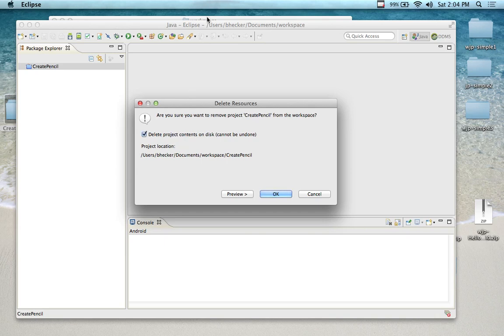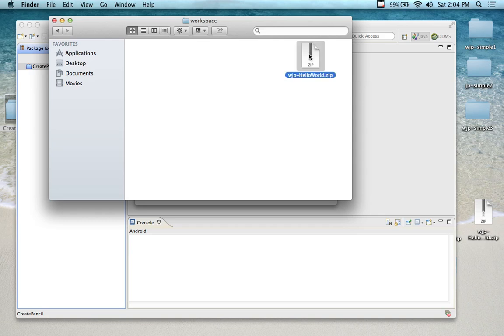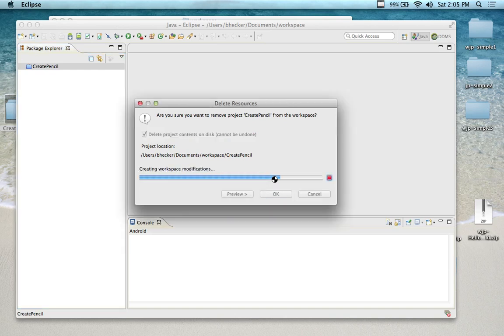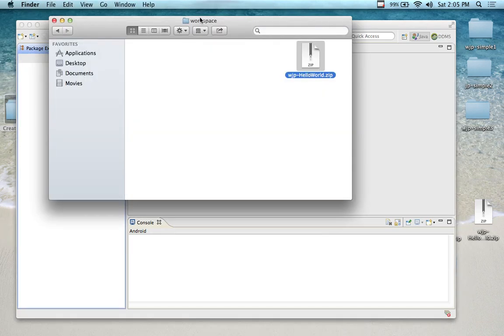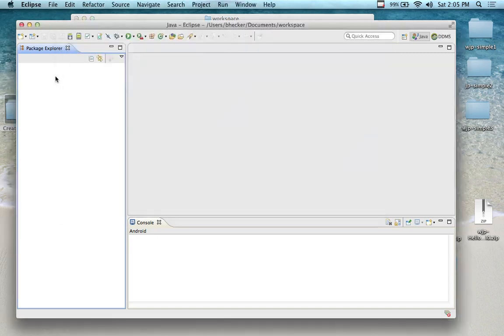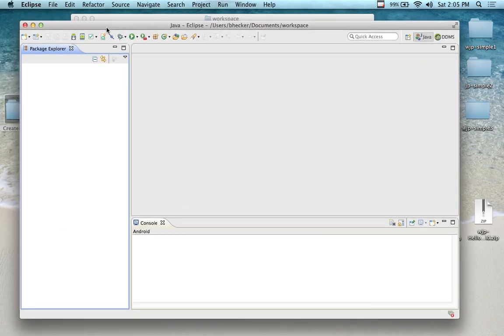I moved it out. Workspace is empty. It's just got this random zip file that I put in here for some reason. Probably from some other program. But anyway, long story short, if I press delete project contents on the disk, it cannot be undone. If I select this option, and if it were still in this directory here, it'd be deleted, and it'd look like this right now. So now I'm back to square one, and I say, you know what,